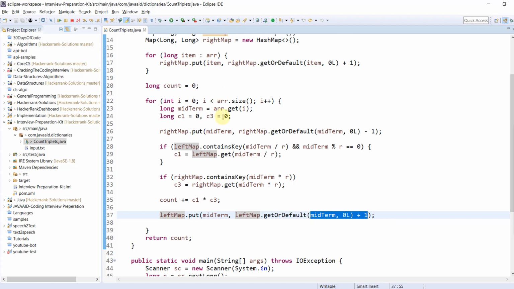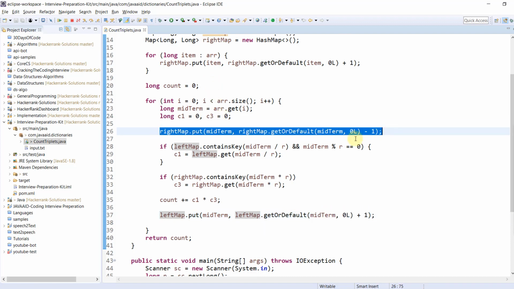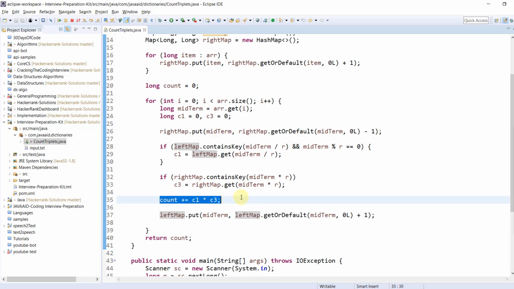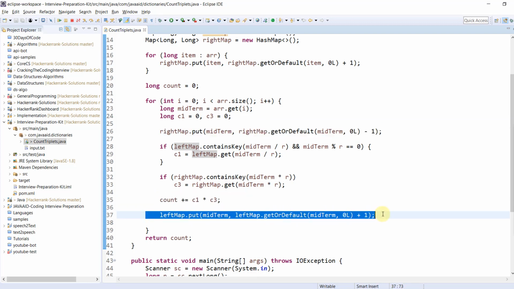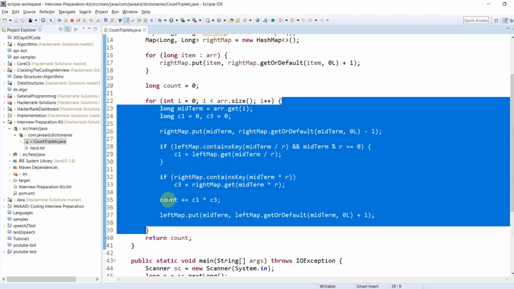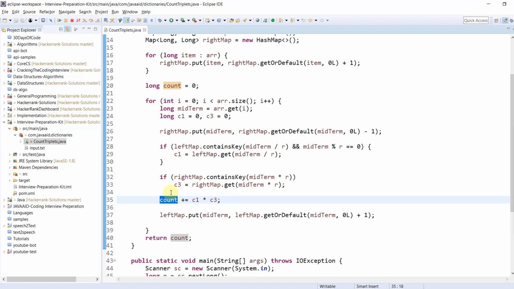For the next iteration, we do the same thing: reduce the frequency from the right map, calculate C1 into C3, and increment the frequency in the left map. Once we are done with the processing, at the end, count holds the number of triplets which can be formed from the given array, and we return that count.